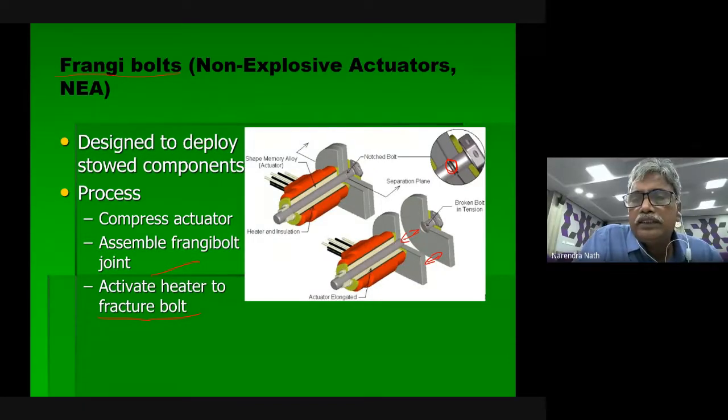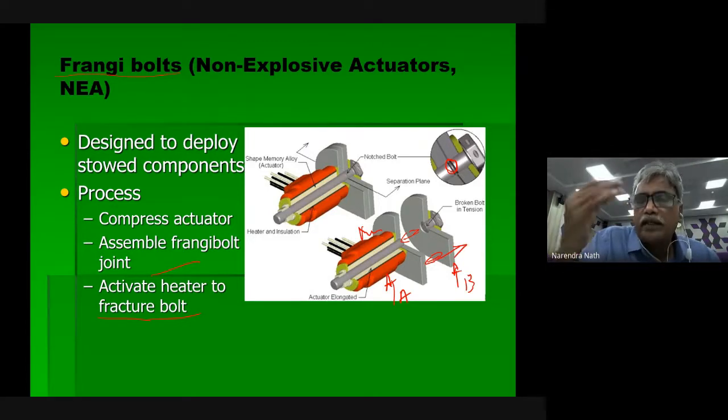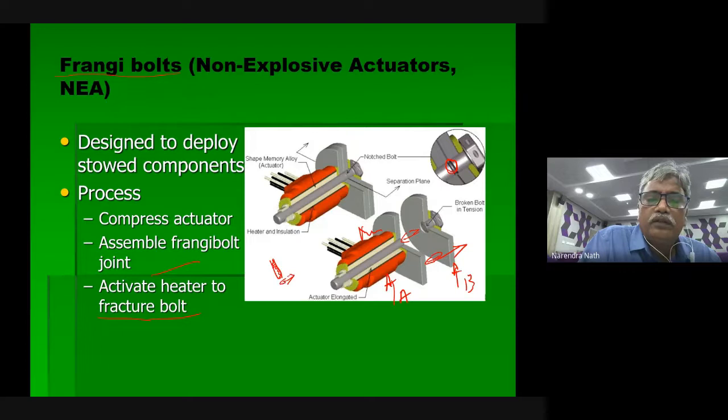Suppose, see, this is the main body. A is the main body. B is an attachment. This attachment we want to detach after some time. So how to do it if it is at high altitude? Then these kinds of bolts they are going to use. By heating, a little bit of expansion takes place through the shape memory effect. By that time it will just detach. This is what I am saying.